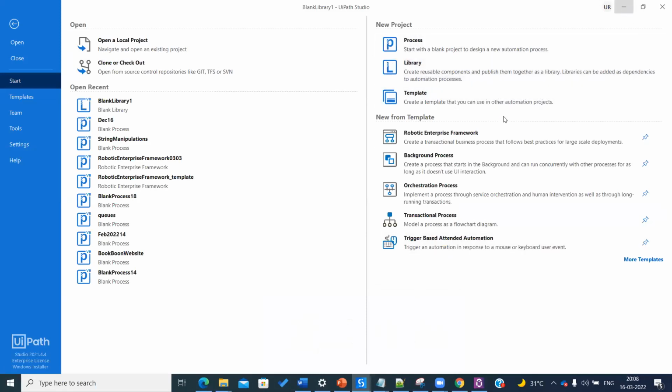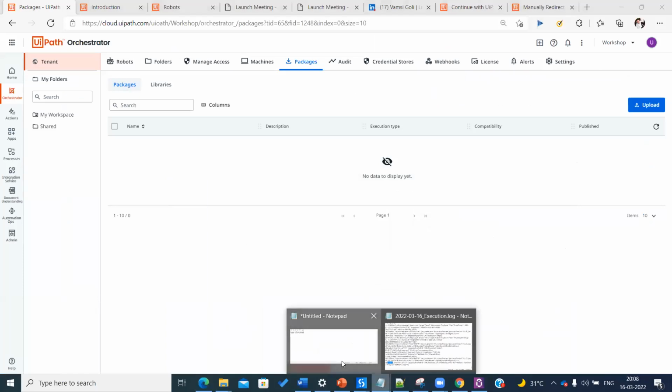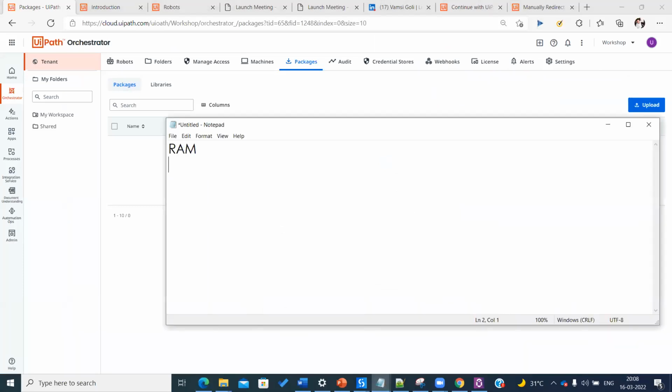Let's say there are two people, Ram and Sai, and these two people need to log in to ICICI net banking.